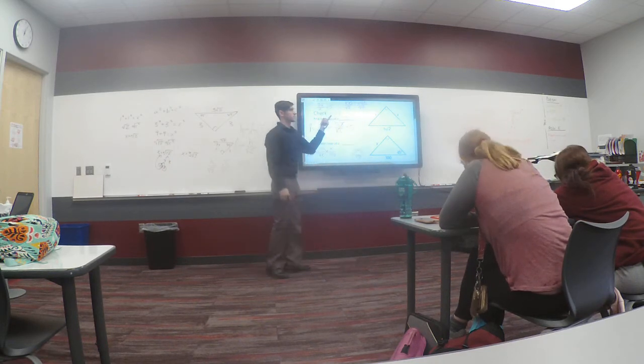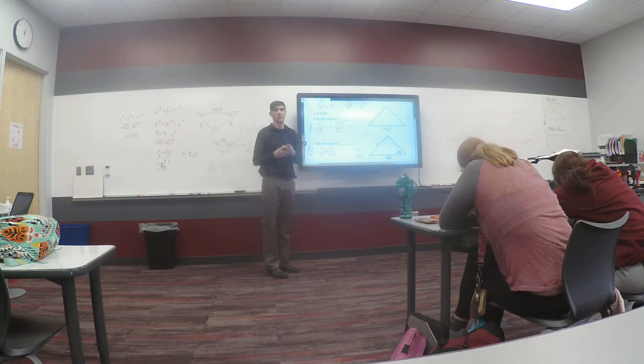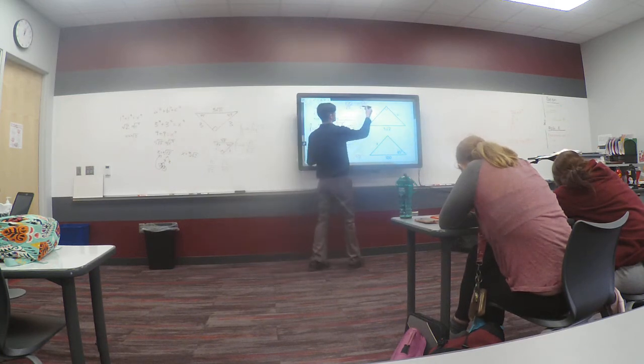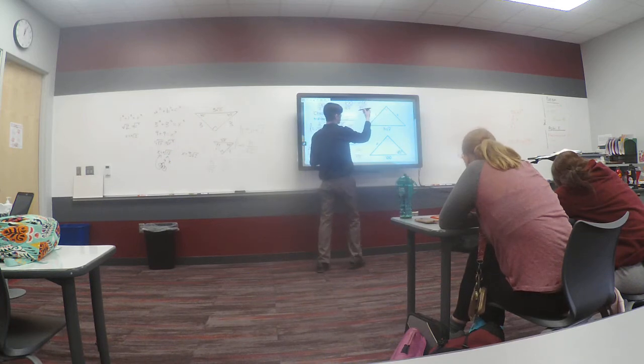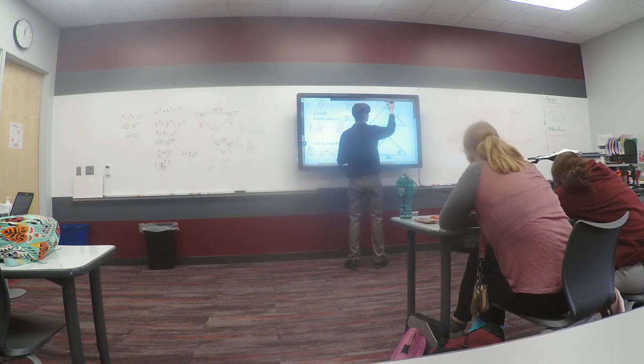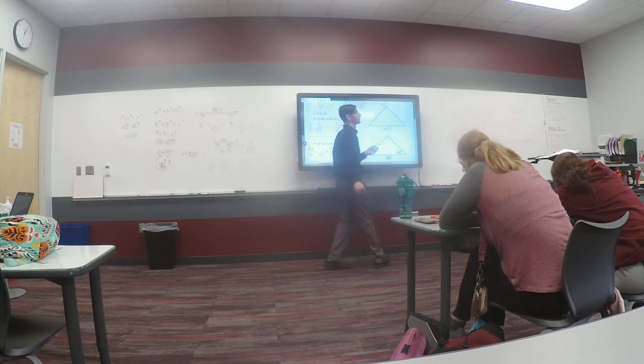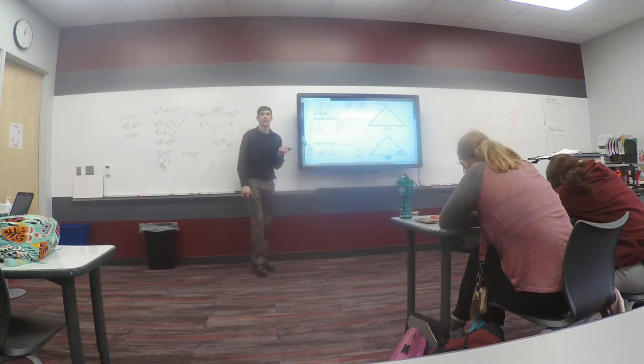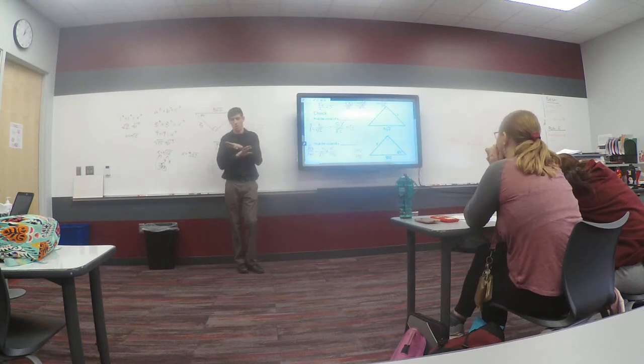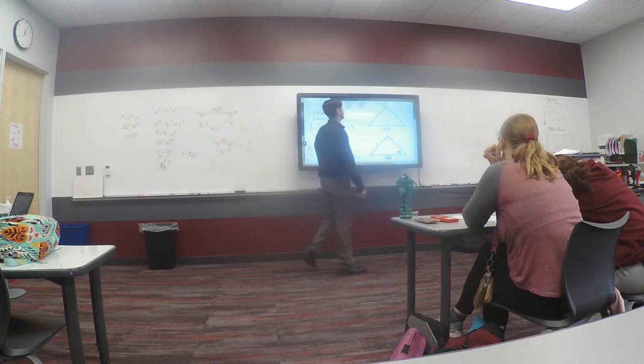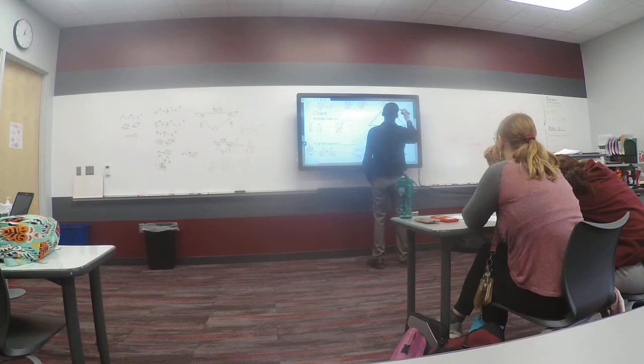If I have x radical 2 over radical 2, what happens with those two radical 2's? They cancel out. So x should be equal to 100 over radical 2. Can I have that radical in the denominator? No, I cannot. No radicals in the denominator. So when I have that